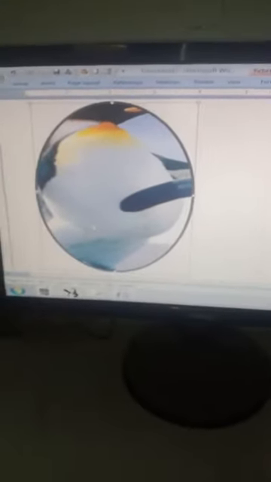Now the next topic that we are going to discuss over here is inserting word art. So what is word art? We can say word art is a quick way to make text appear with special effects. Many times we want certain words in our document to appear in a special way with special effects. In such cases we generally apply word art.